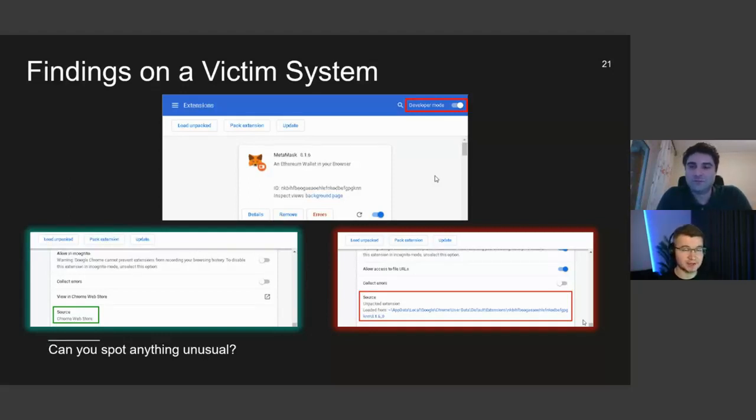Just maybe it's time, after the presentation, to go and check if you have developer mode enabled. Normally, it has to be disabled for all plugins. Unless you are a developer yourself, you must use Chrome Web Store provided plugins, because they contain a digital signature that is forcibly validated by Google Chrome. If the plugin is tampered with, Chrome will just reject it and not load it, and that is for your own safety. Make sure that developer mode is not on unless you're really developing a plugin for Chrome.